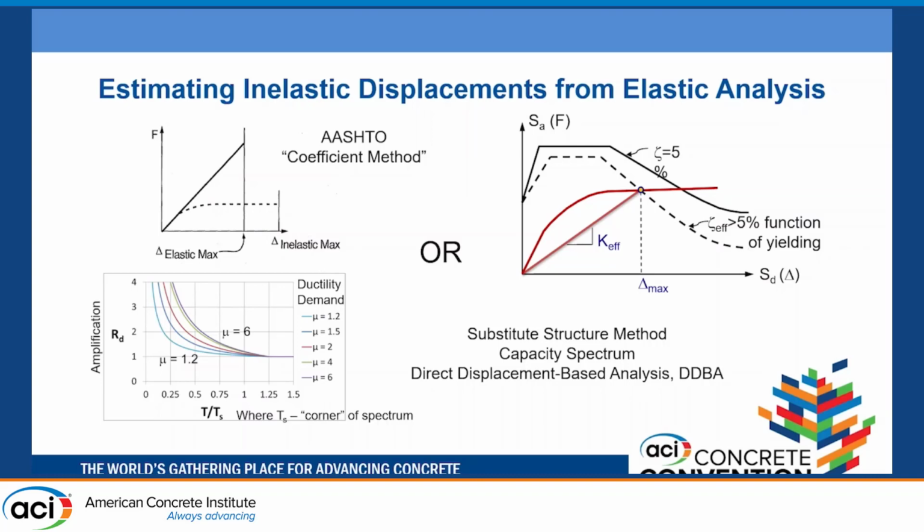look at the substitute structure with a secant stiffness at the maximum displacement point and greater than 5% damping because of the hysteretic response, we see a reduction then in the maximum displacement, even though we're using a secant stiffness, which makes the structure more flexible, which typically would make you have a higher displacement. And so this is just a different method, a better method than the purely empirical one, to estimating the inelastic response from an elastic analysis. So we looked at these two in our